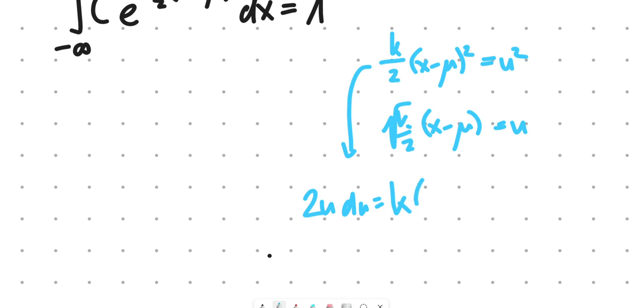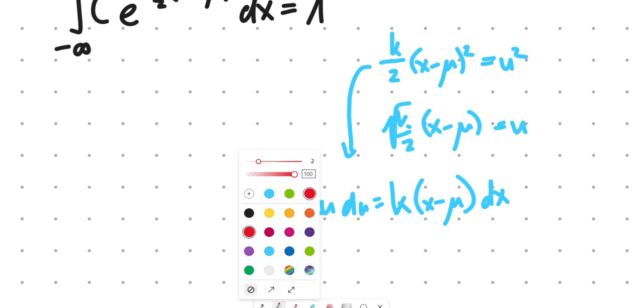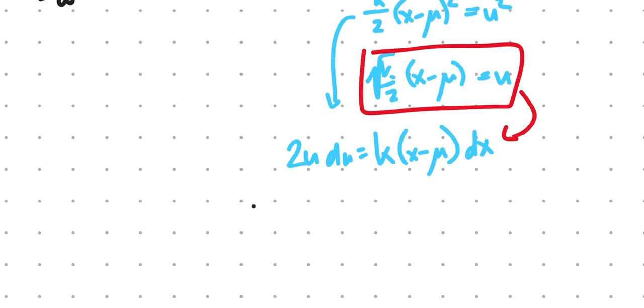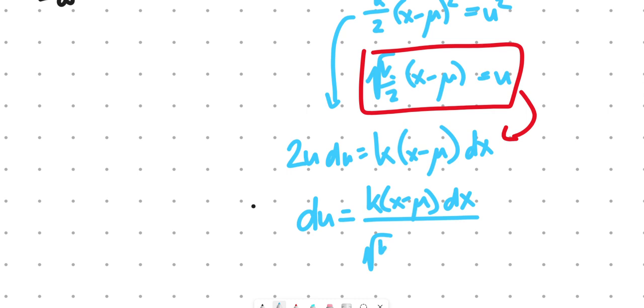So we have k(x - mu) dx. It's not that hard. And now we're going to get u, for instance. Since u was this thing, I'm going to tell you what u is. U was this one. We can substitute this into this equation, and we get du is equal to, you know, the quotient of those two, which is going to be pretty complicated, but we can cancel things out. So we get k times (x - mu) dx divided by the square root of k over 2